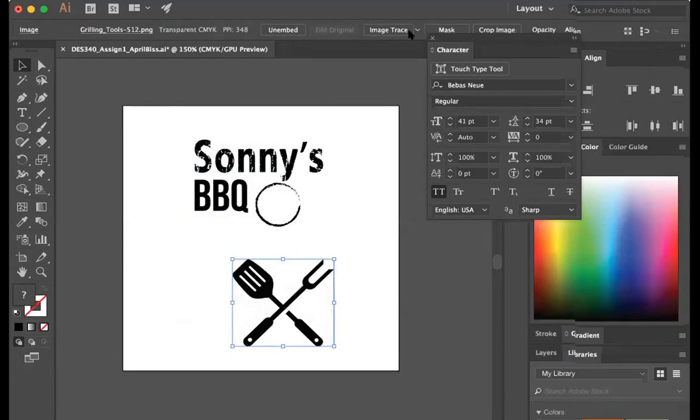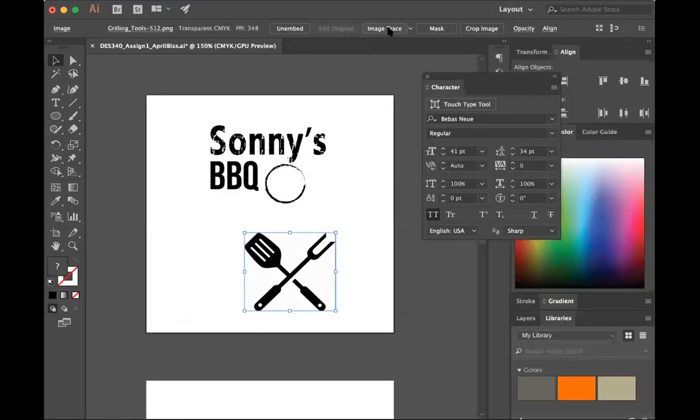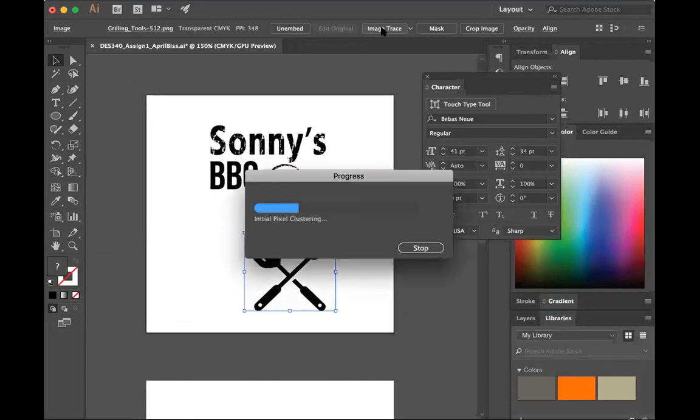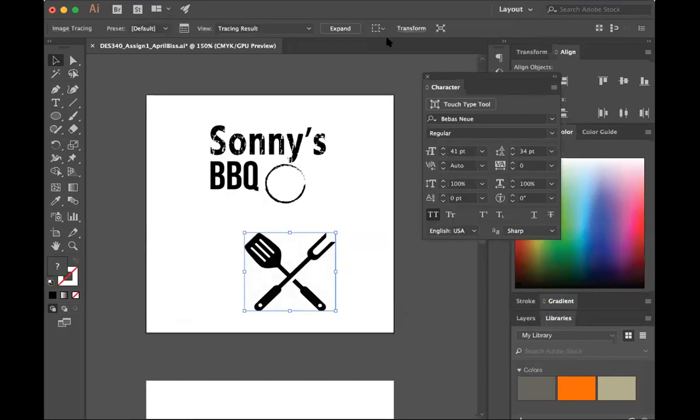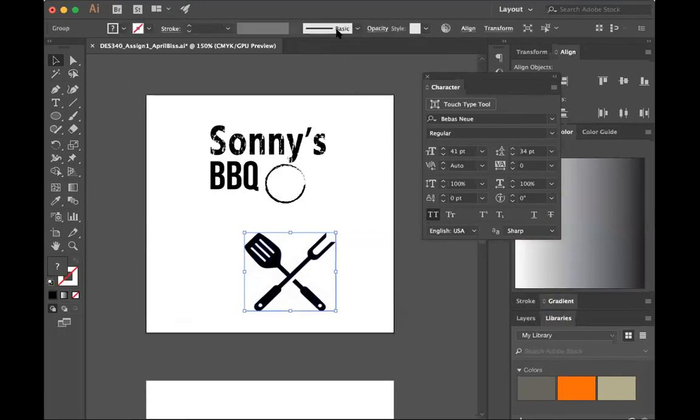And then I'm going to do an image trace. On the very top, when you have that selected, you should have an image trace option. And it really works well with white and black icon pictures. And then before I do anything, I want to hit expand. This will create your vectors, so you can now go in and take out the background.